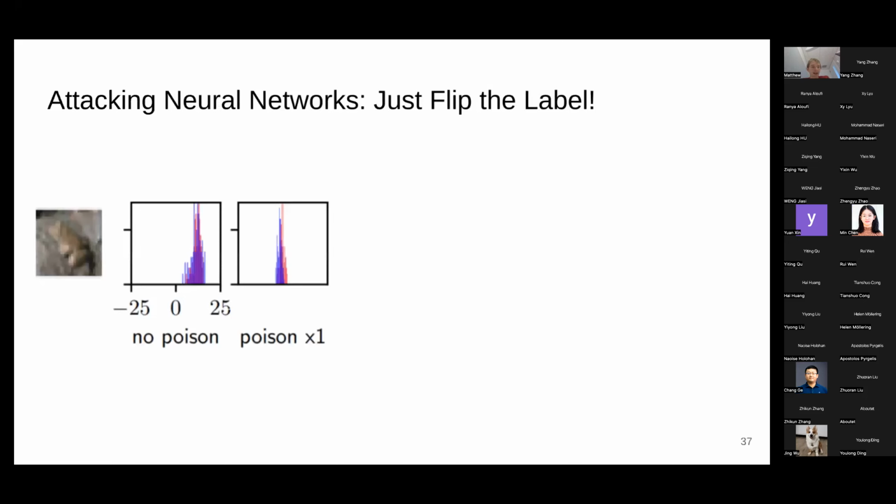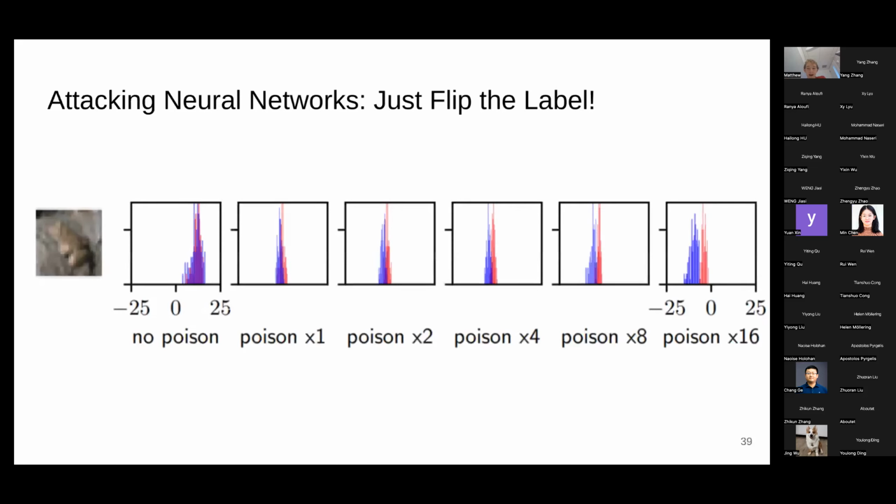if the point is contained in the training set, they're going to fight against each other, the poisoning and the correct label. But if it's not contained in the training set, the poisoning will have more power. It won't be opposed by the correct class. And it turns out that if you add more points, these distributions get further apart. And if you add up to 16 points, this one frog, which had essentially 50% membership inference accuracy before, now the distributions are almost perfectly distinguishable.